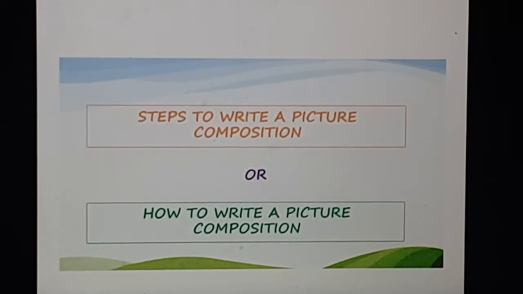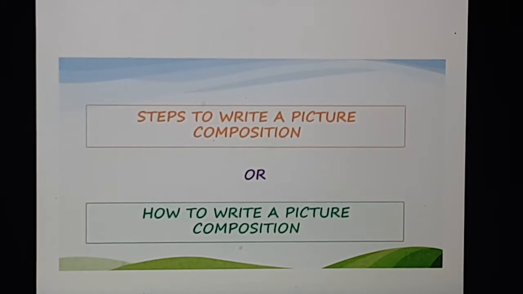Now, steps to write a picture composition, or how to write a picture composition. So remember, first is to carefully observe the picture. So you should study the given picture carefully. That is the first part, and that is the most important part. Take time to observe the picture. Don't just have a passing look at it. Try to observe the picture very carefully,